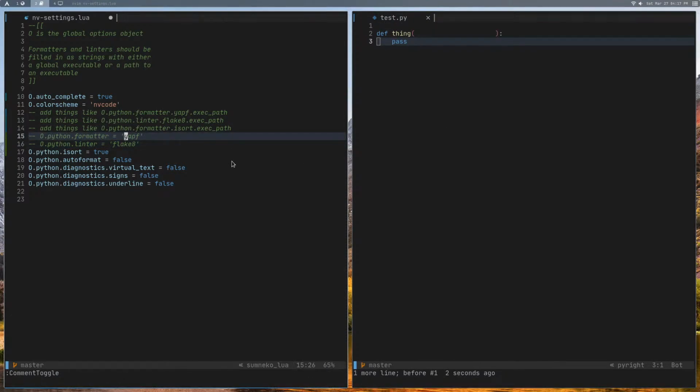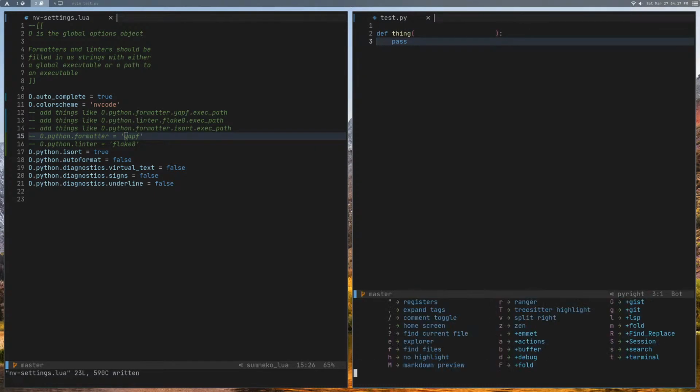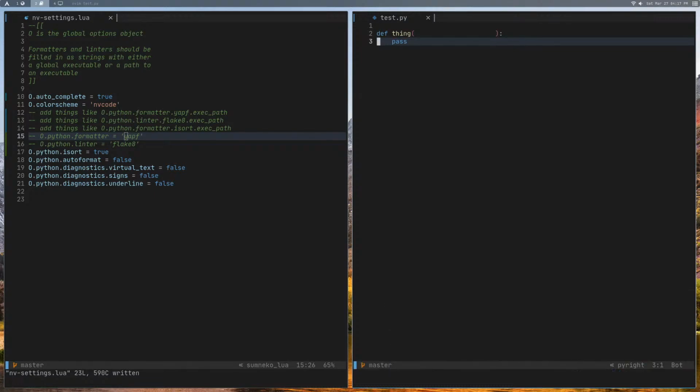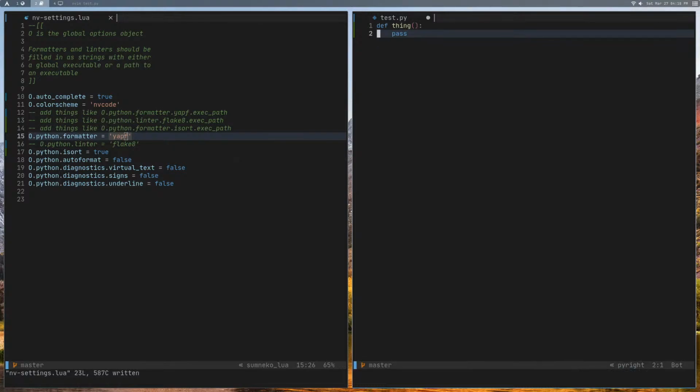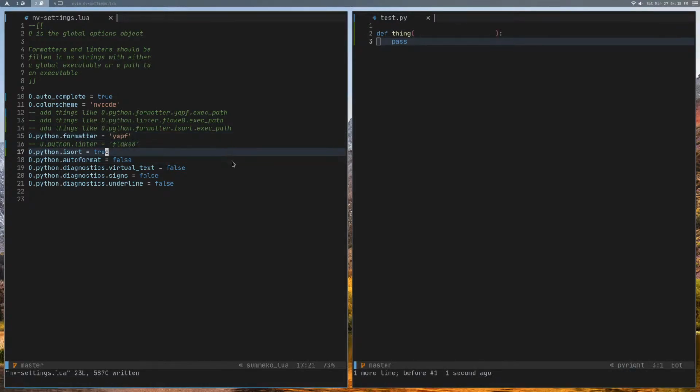Now what if we got rid of the formatter, right? So we'll save that. I don't have it set to do that in real time yet. That would be nice. But now I'll try to format and nothing happens, right? Even if I put in the command for formatting here, nothing happens. Now if I bring it back, obviously, space LF, and I can format again. And if I come over here and toggle these things, like auto format, I'll set up soon, that'll be an auto command. But if I toggle this, if I toggle this, if I toggle this,